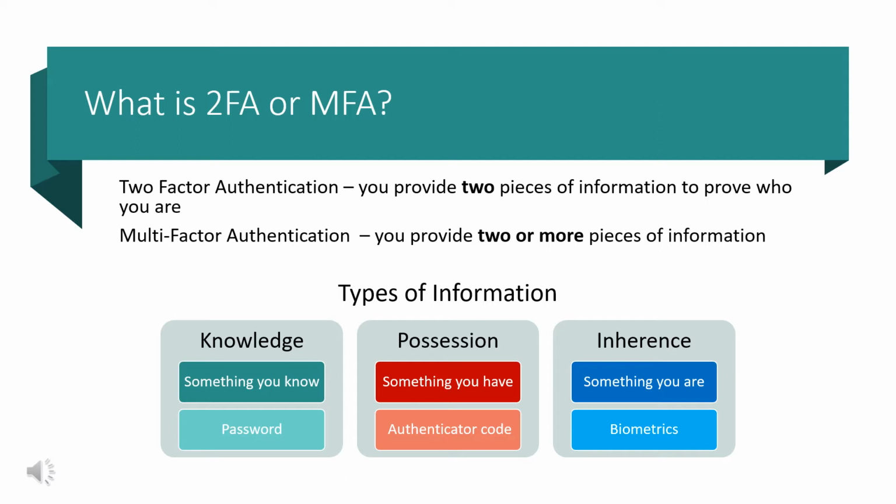It provides a way to double-check that you really are the person you're claiming to be when you use online services. There are three types of information you could be asked for. Something you know, this is usually your PIN or password. Something you have, this could be a code sent via SMS or from an authenticator app. Finally, something you are, this is biometric data, so fingerprints, retinal scan, or even a voice recording.